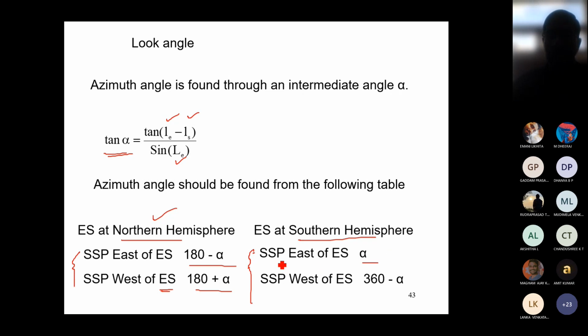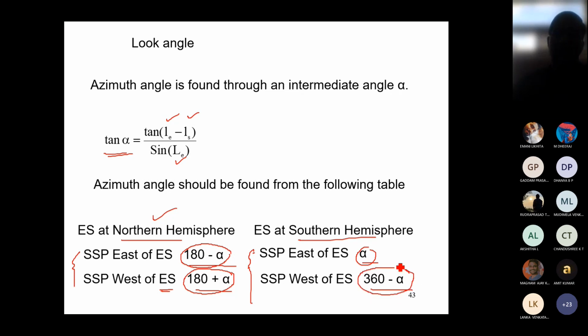If the sub-satellite point is east of the Earth station, then the azimuthal angle will be equal to the intermediate angle alpha, else the azimuthal angle will be 360 degrees minus alpha. So whether the answer is 180 degrees minus alpha, 180 degrees plus alpha, alpha, or 360 degrees minus alpha,